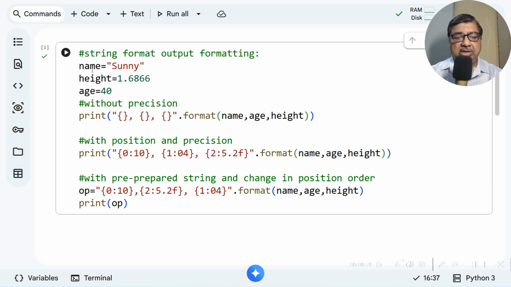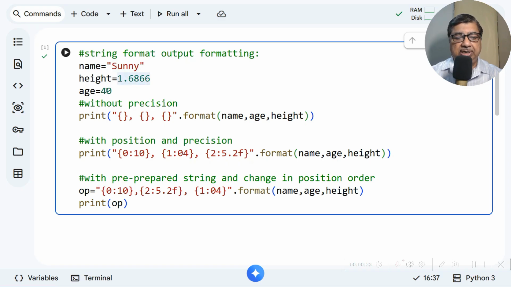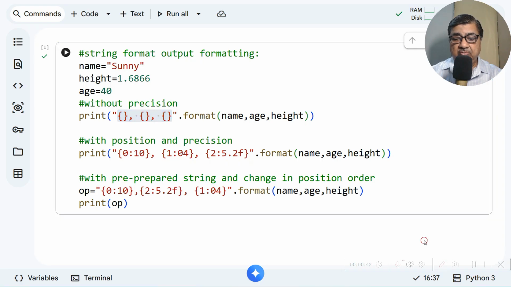Here we are taking three different types of variables: text, float and integer, and we are just printing them using this kind of placeholders. These placeholders are quite popular, which are actually just these curly braces.